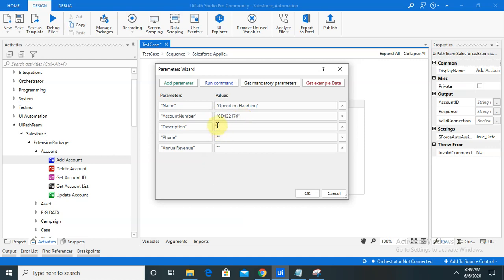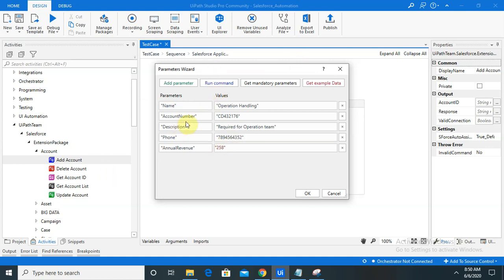Description: required for operation team. Then the operation team phone number, it's totally dependent on what number you want to mention here. Annual revenue, I am mentioning here $258.